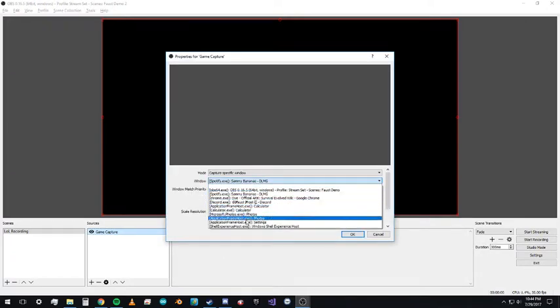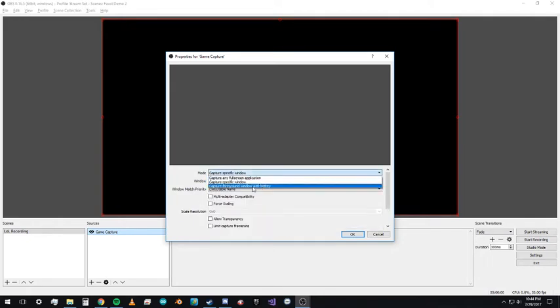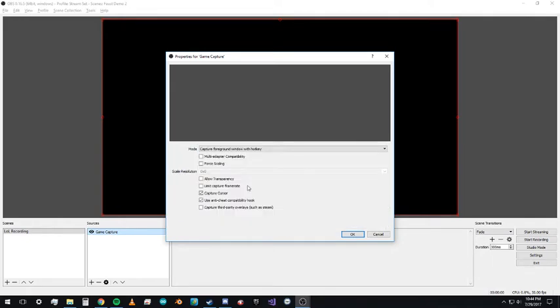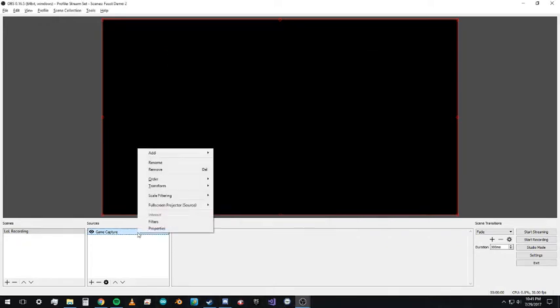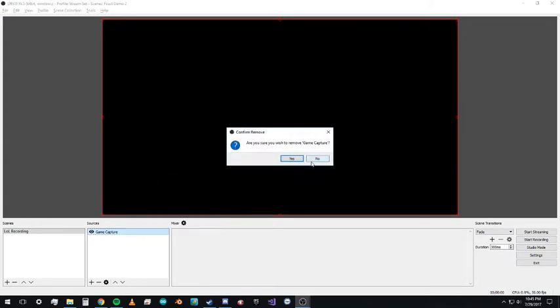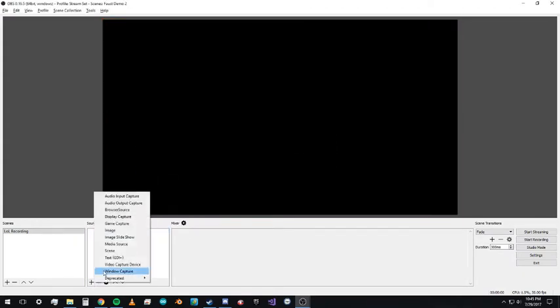So let's change the mode to capture foreground window with hotkey. Doesn't do anything either. Honestly, not sure what that is. But capturing any full screen program will actually capture anything that's been full screened. The other way to do it is by